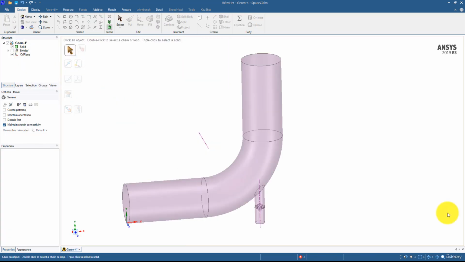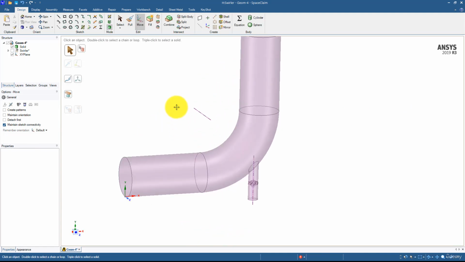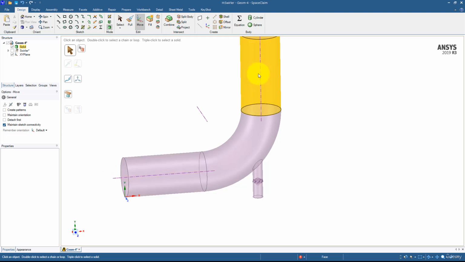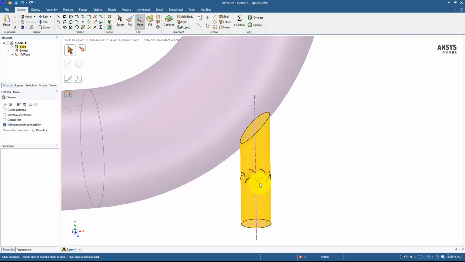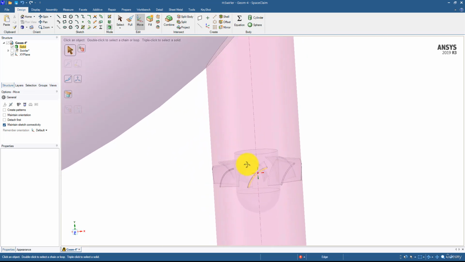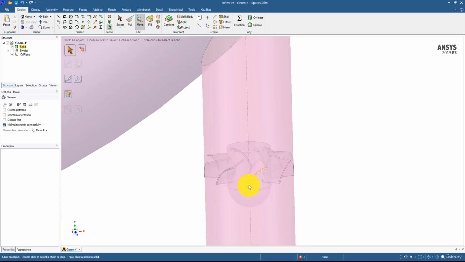And I can hide this geometry and also make sure that you suppress the geometry from the physics. After creating this geometry, the next step is to mesh it. For this bend pipe and this small pipe, the mesh will be the same, but we have to take care of the name selection for this Swirler part, along with the sizing for these blades, because these are very thin blades, so we